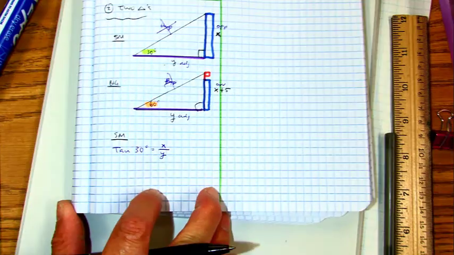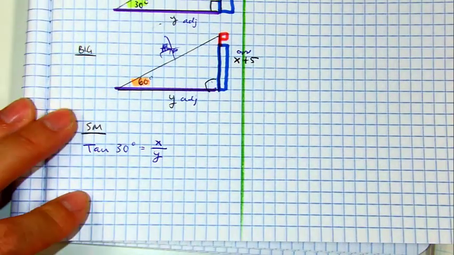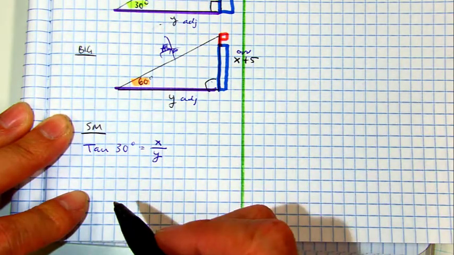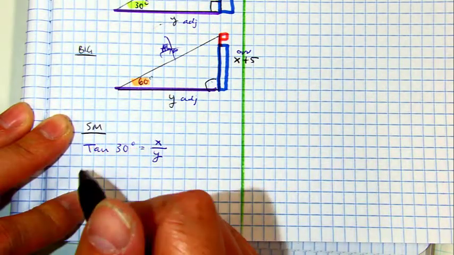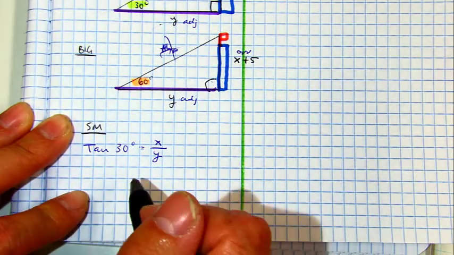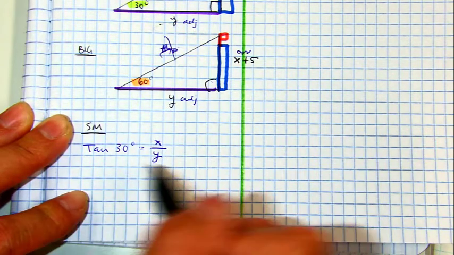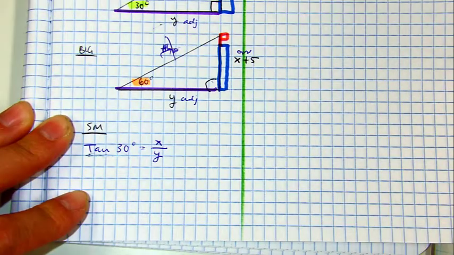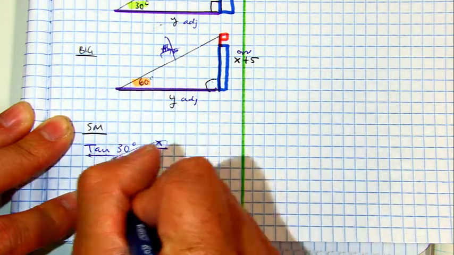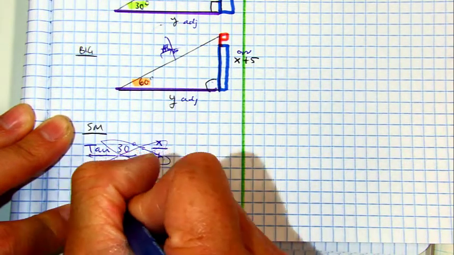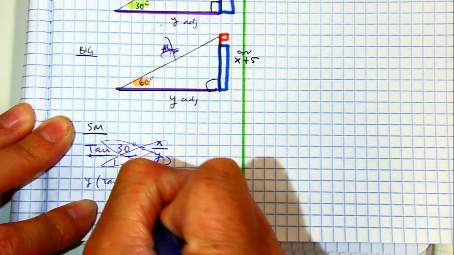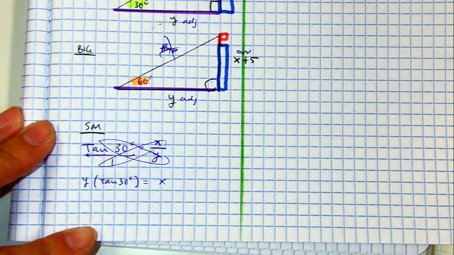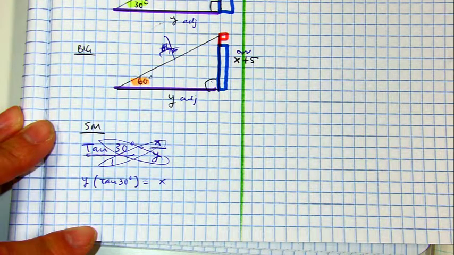Down here, how do I get y by itself? Say again? Multiplying both sides? You can do that. We've also been doing what, class? So that's the same thing that you were talking about if I just multiply by y and then divide, right? So let's just do something we've been doing. Cross multiply. Y times the tangent of 30 equals x. And then divide both sides by tangent of 30,